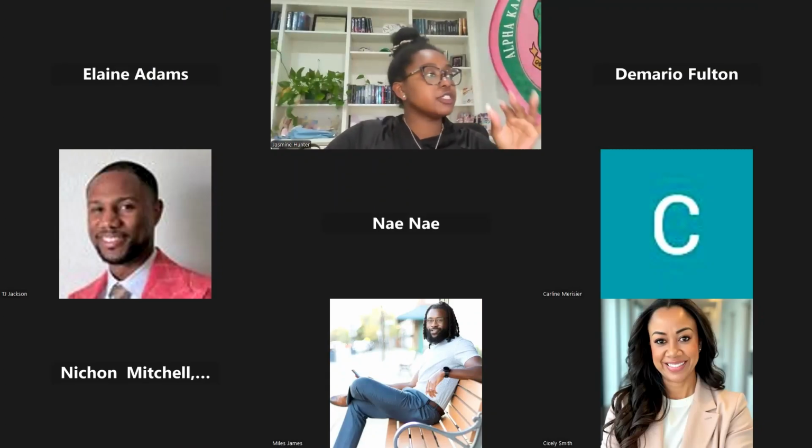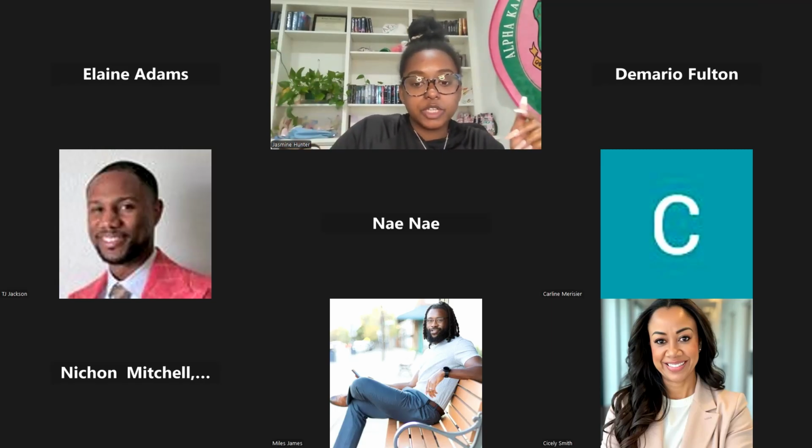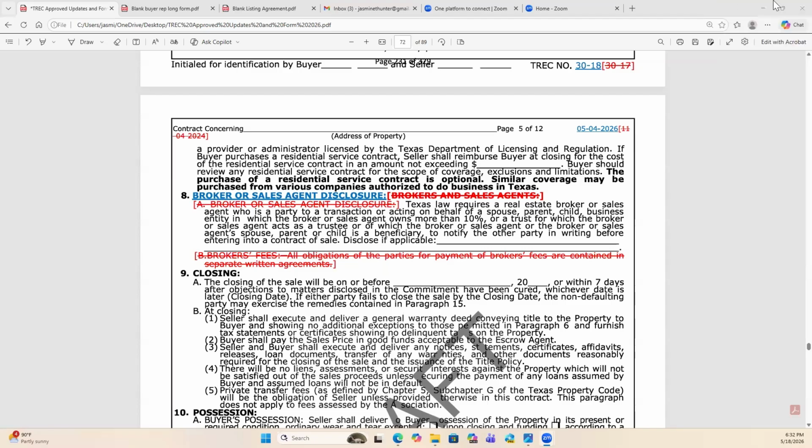Okay, so this conversation is going to be about the changes on our compensation, where it's listed in the contract, why it's listed the way it is, what it said before, and what it says now, all the things. Okay, so I'm gonna share my screen with you. And if you go to page 5 of that red line contract that I just put in the chat for you, this is what it looks like.